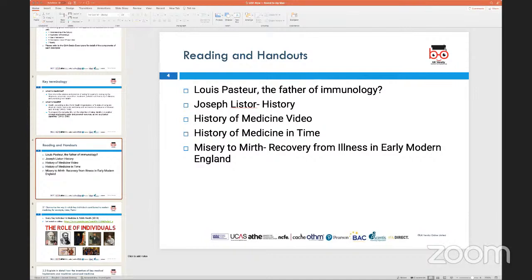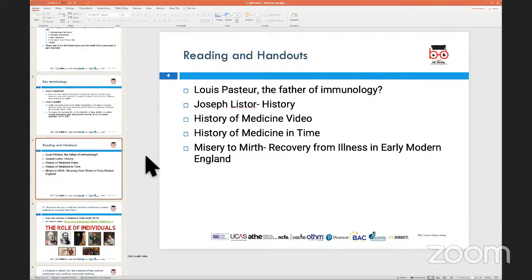wherein industrialization started to happen, and how these changes within the profession, or in terms of discoveries, or in terms of new tools and equipment which have been used in carrying out surgery, or essentially used for the purposes of providing medication or treatment to patients, have emerged. So there are a couple of handouts along with one or two videos which I would suggest are required to be